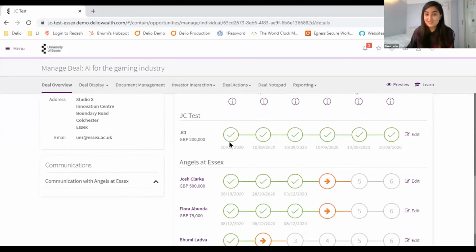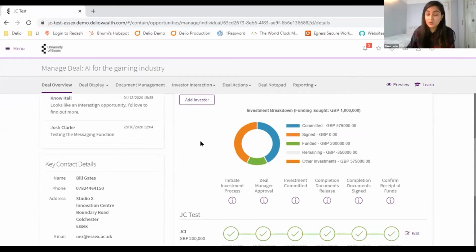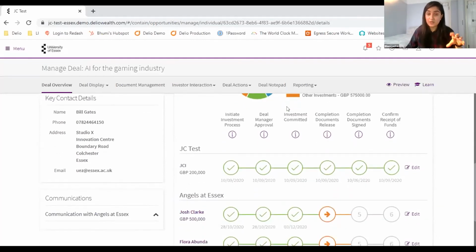And you can see as I start to build out this transaction process here, I'll be able to get the updates and be able to say, this is how much I've raised on platform, this is how much I've raised off platform, and so on. And it just really allows you to get the holistic view in one place.